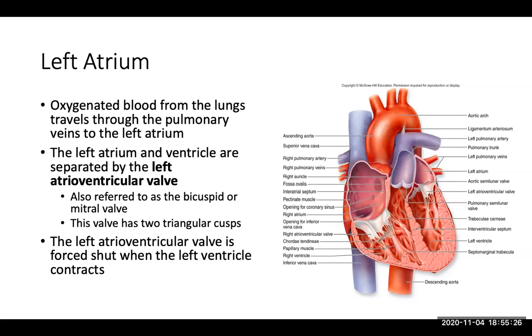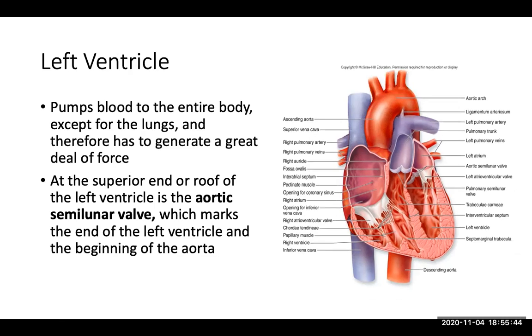Oxygenated blood from your lungs will travel through the pulmonary veins to the left atrium, and the left atrium and ventricle will be separated by the left atrioventricular valve, also known as your bicuspid or mitral valve because it has 2 triangular cusps. The left atrioventricular valve is forced shut when the left ventricle contracts. The left ventricle then pumps blood to the entire body except for the lungs, and therefore has to generate a great deal of force. At the superior end of the left ventricle is the other semilunar valve, the aortic semilunar valve, located right here where my cursor is, and that marks the end of the left ventricle and the beginning